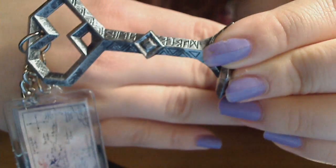It's amazing to me how much detail is in it. And I just think about the actual movie prop and how much care and time goes into things like this. I don't know what a workshop they create the movie props. And so it's just so interesting to think that someone